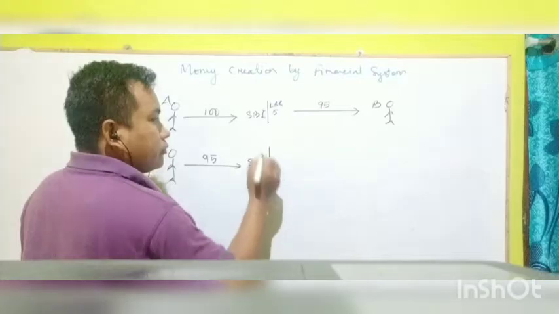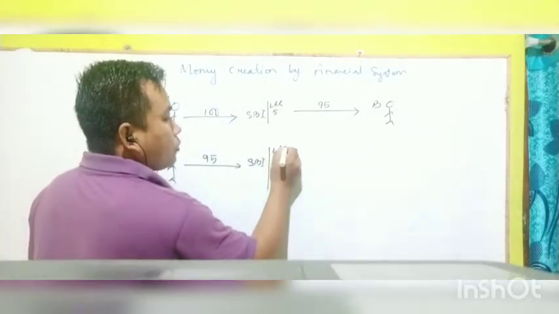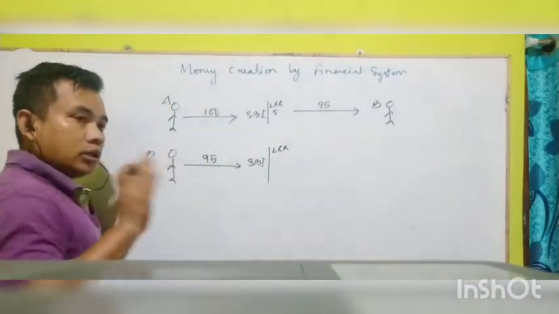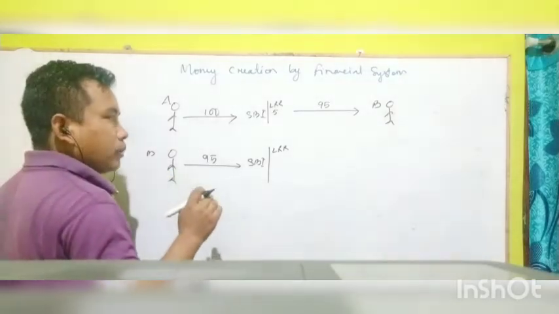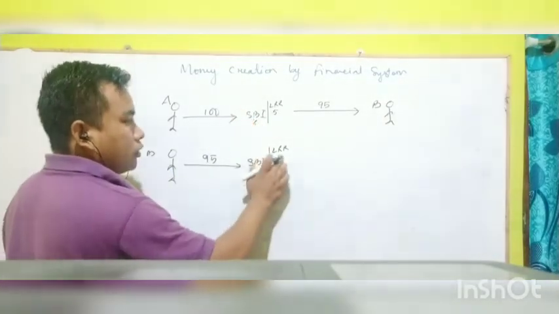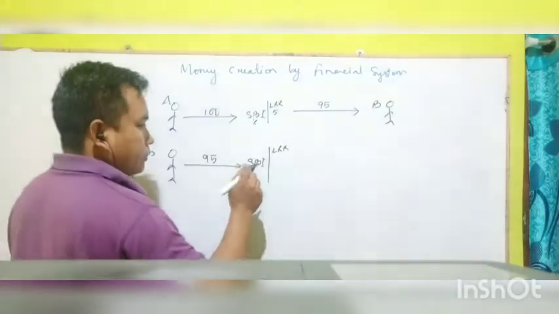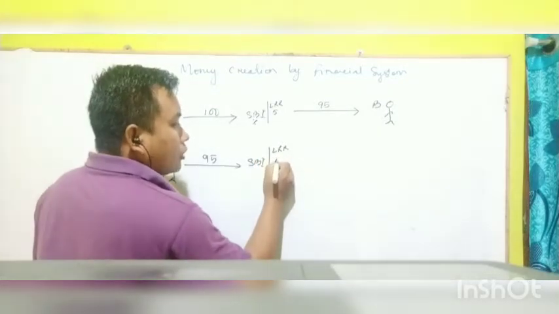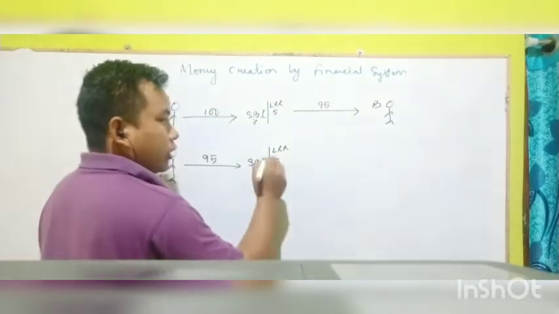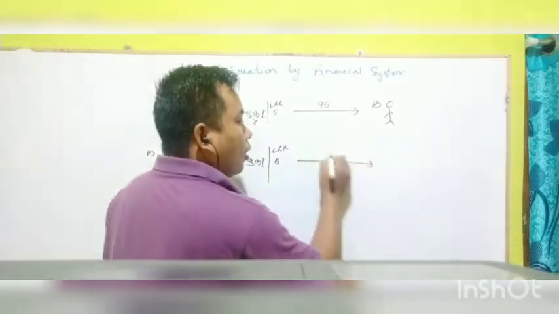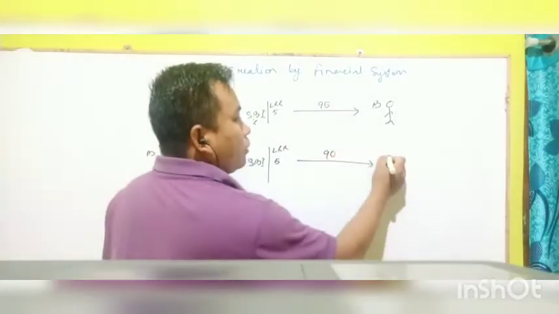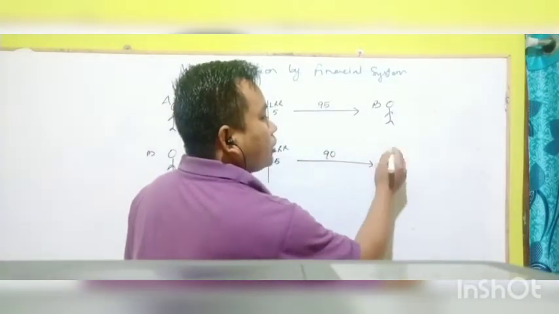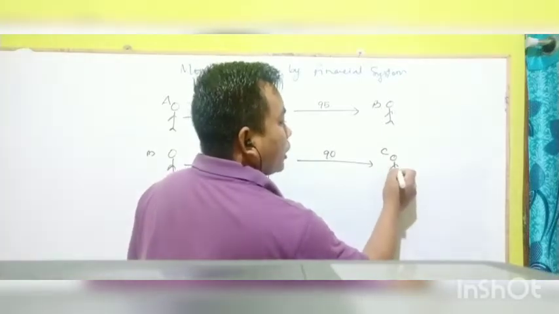SBI keeps the legal reserve ratio, 5 rupees. I know there may be some other percentage, but I don't want to calculate all those things. Then another 5 rupees is deducted. After deducting this, now 90 rupees will be circulated and made available as a loan for